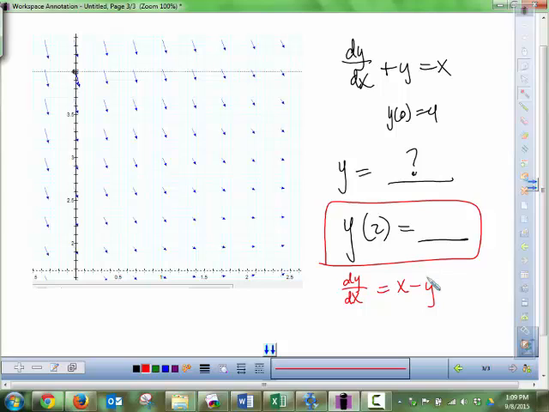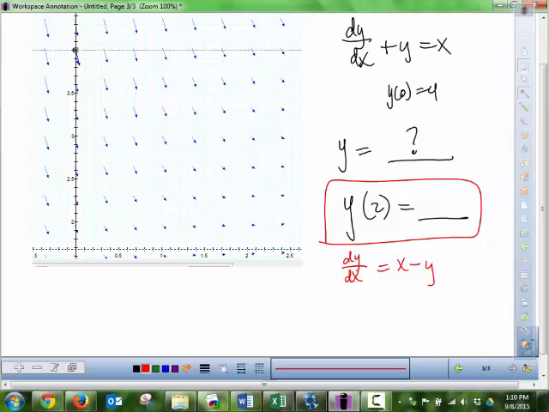So if we take our differential equation and write it in standard form, where you have the derivative by itself, that's essentially the slope, and that slope is equal to this thing. So what we could do is make a line at the point 0, 4,